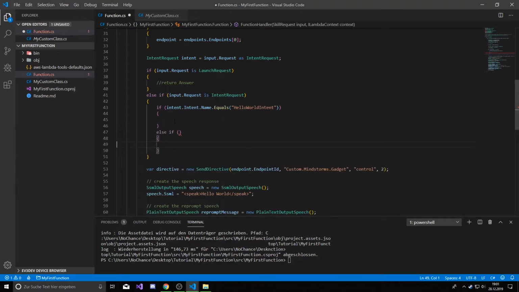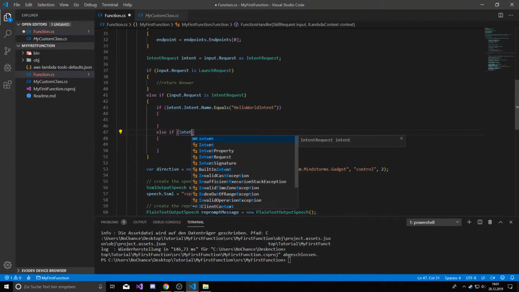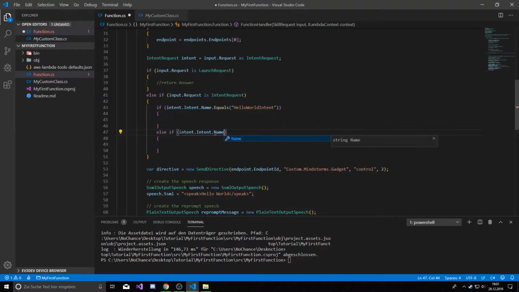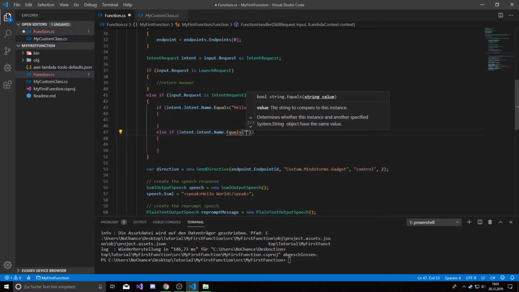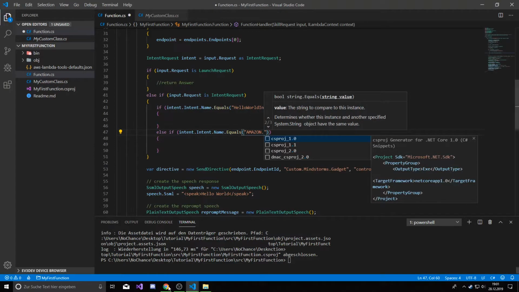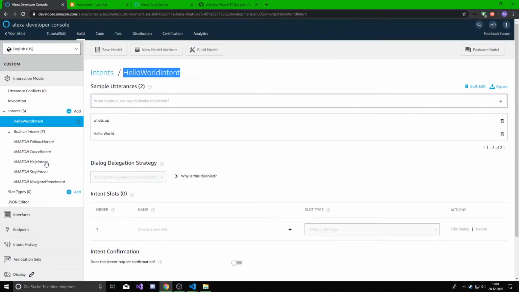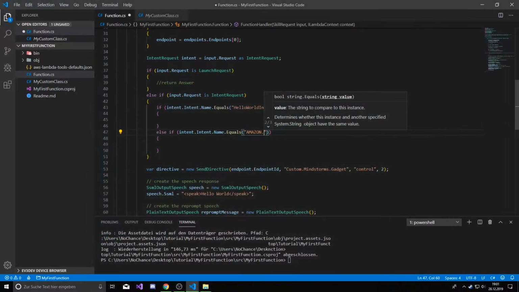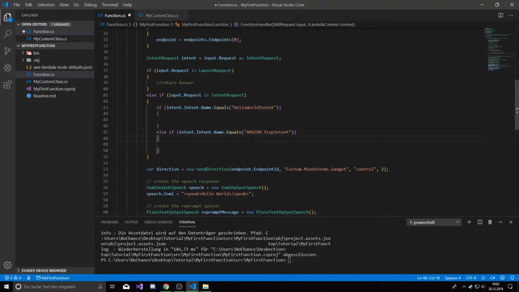is the intent that was passed to us dot, so same thing as above, equals Amazon, and this is important, big letters, so the same way as this, and we just can copy this right here. We're gonna copy this and say, if that's this intent, then you should always behave